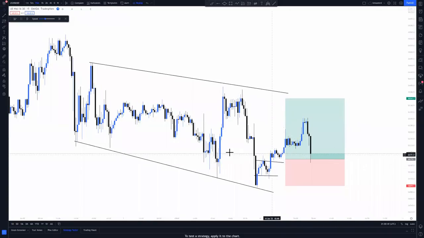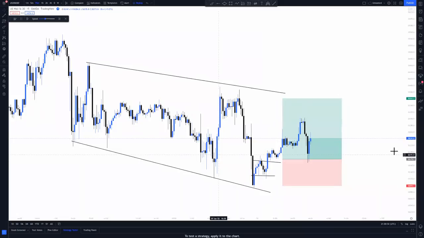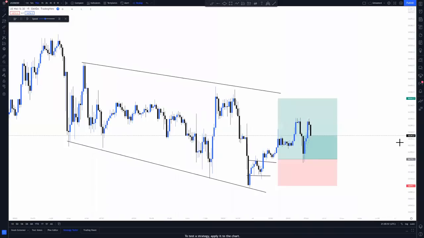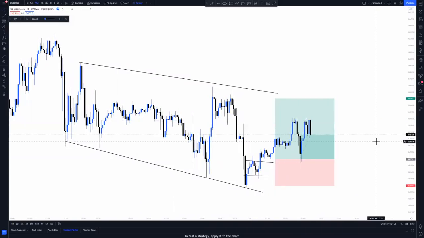And then again, it goes back to your entry level. This is your entry level. When it reaches your entry level, you buy again. Go up and reach the 90% rule, man. And then now we're coming back again. But then, guys, you see the market